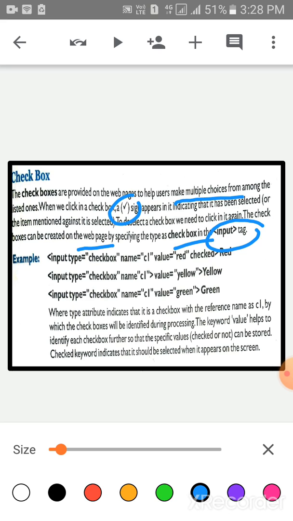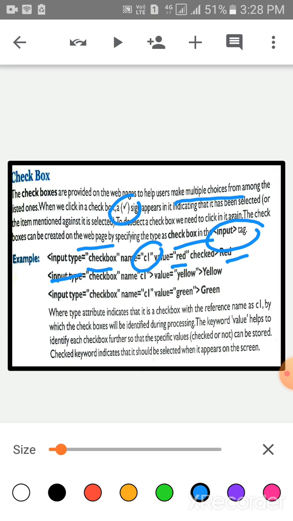Children, see the example. Input space type, within a quote write down checkbox, space name is equal to, within a quote write down CL, value is equal to, within a quote write down red, then checked, then red.